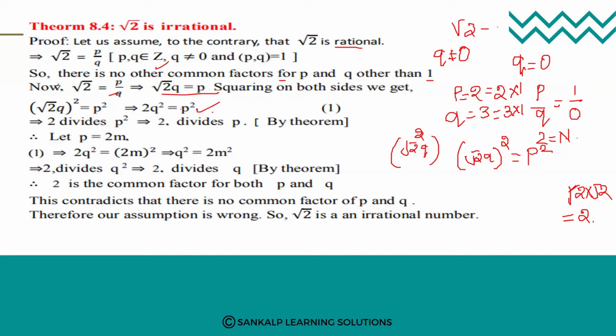2Q square. Put the P value in equation number 1. That is 2Q square is equal to 2M square. Okay. Now cancel 2, Q square is equal to